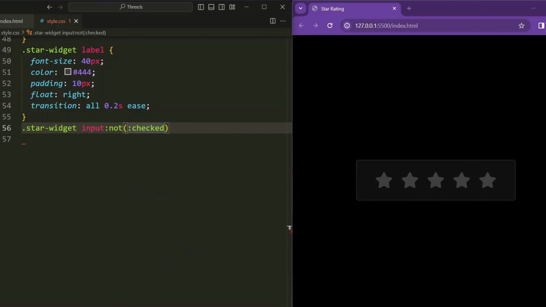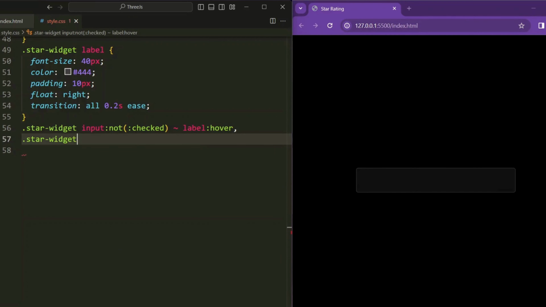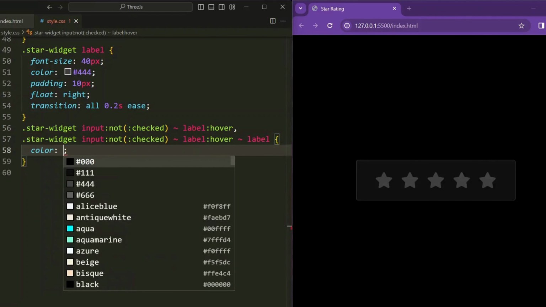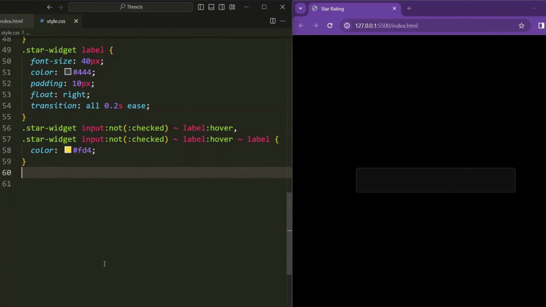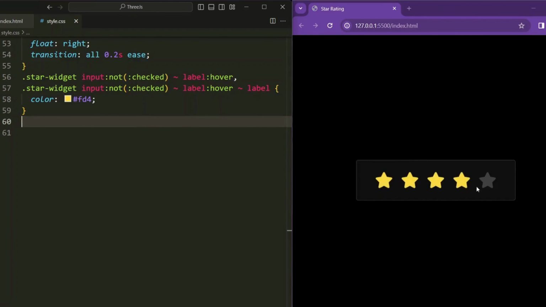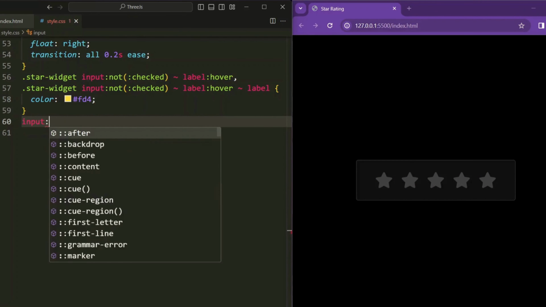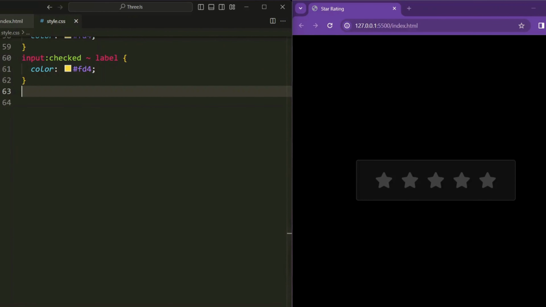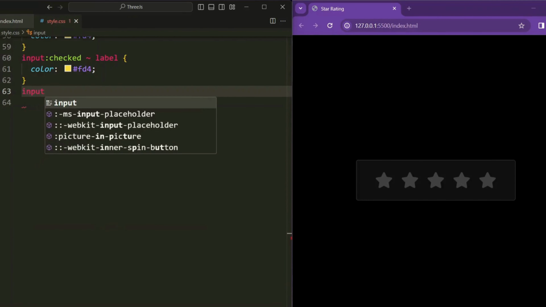When an unchecked star is hovered, or when a series of unchecked stars is hovered, they change the color to a light yellow color. Next, we have a checked star that also changes the color to light yellow. If the fifth star is checked,